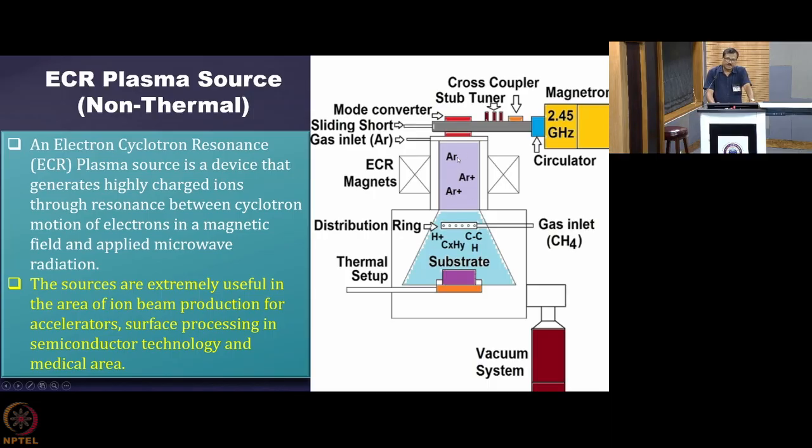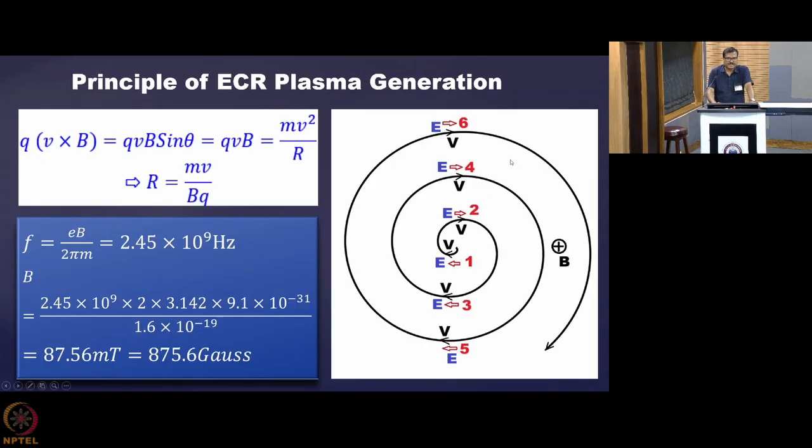Now what happens whenever a charged particle is there and you have applied a magnetic field? It will start rotating around the magnetic field. When it is rotating, it is orbiting around the magnetic field. It is exactly like that. Once it is in this direction, next time it rotates in this direction, then next it comes in this direction, then it comes in this direction.